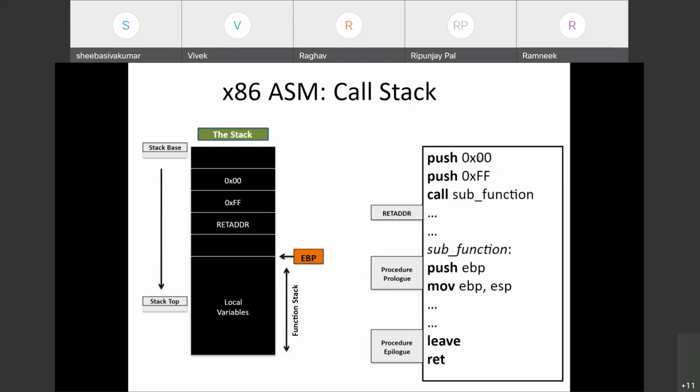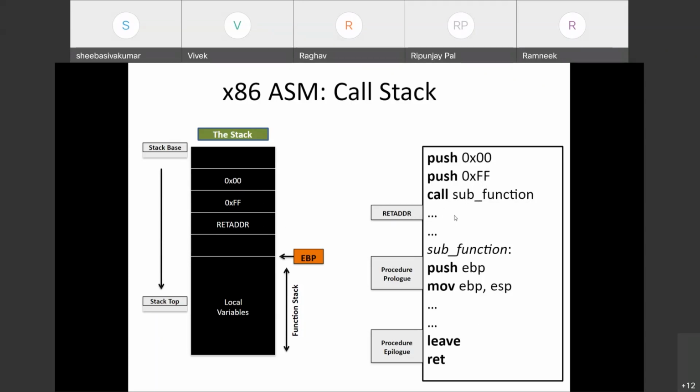There is this push instruction, push 0x00, push 0xFF. 0xFF is hexadecimal, so it's pushing these two values on the stack, and then it is calling the sub function. When it is called, the return address is pushed next.